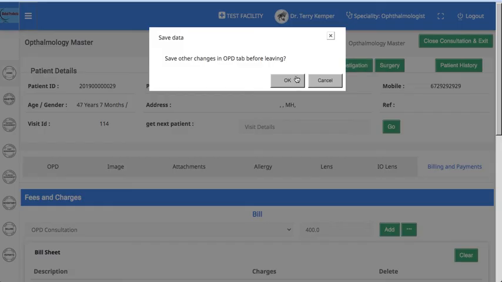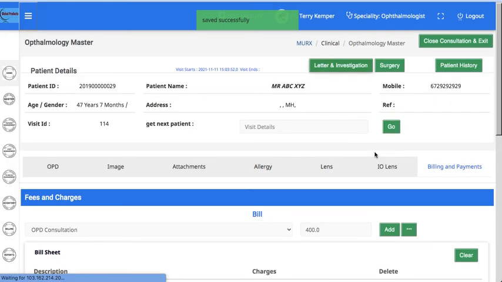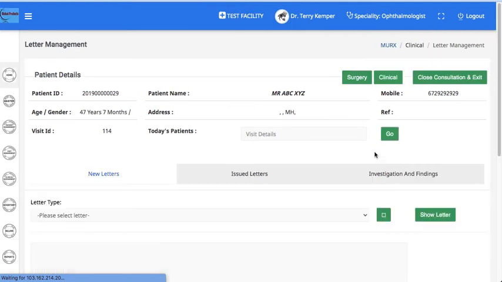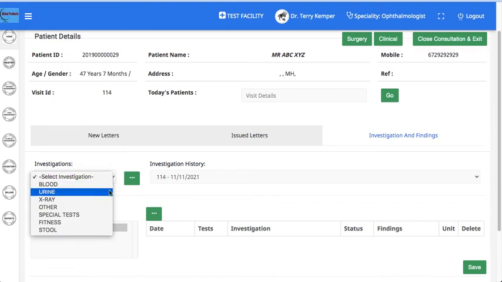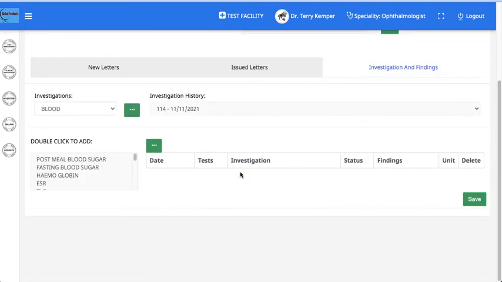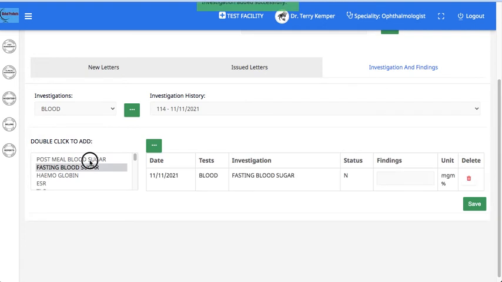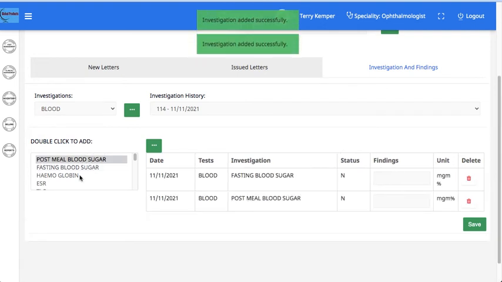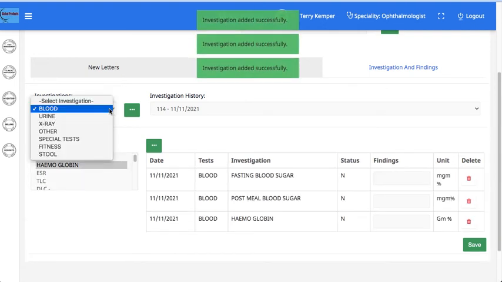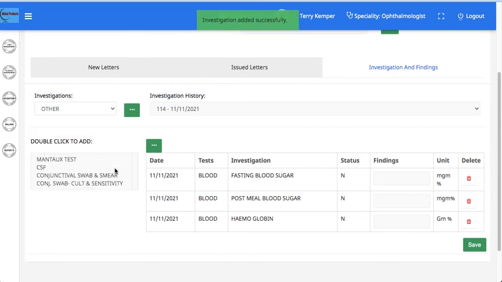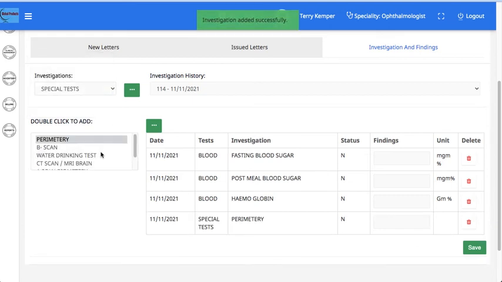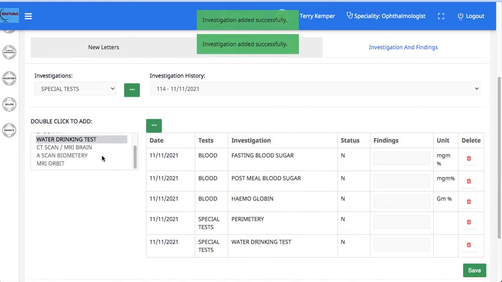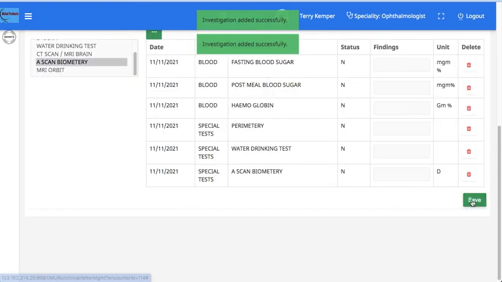Investigations can be prescribed for the patient by selecting from the list, such as perimetry, B scan, ranking test, A scan biometry, and saving it.